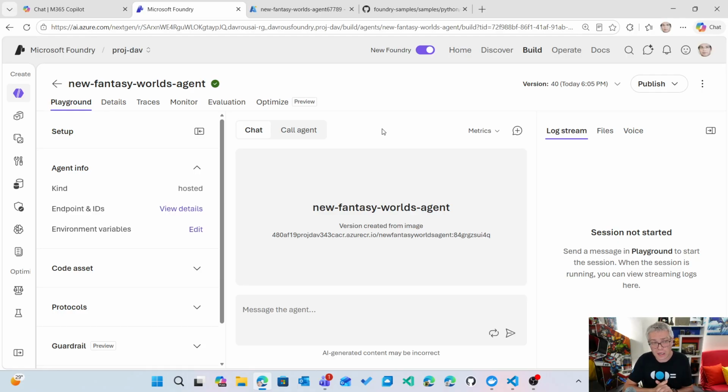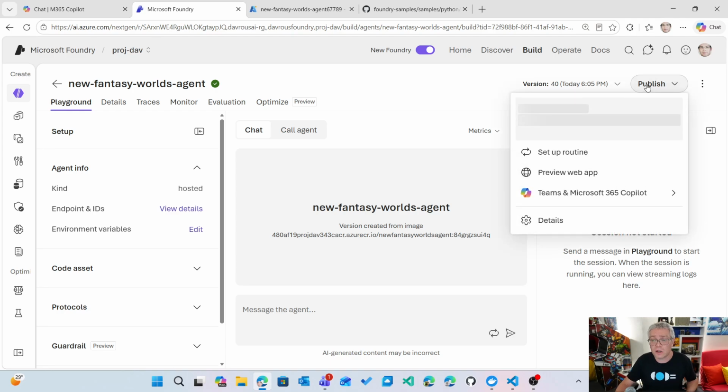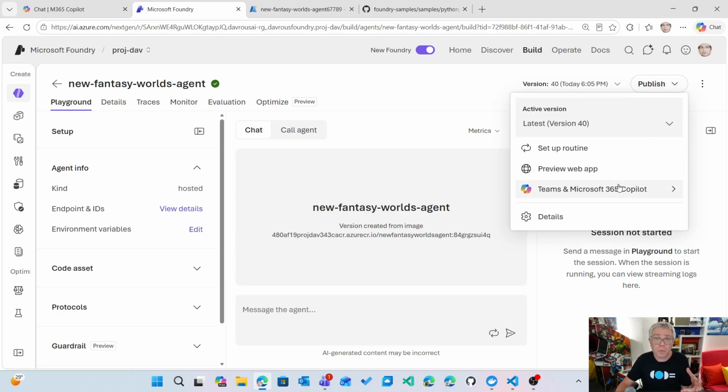So I'm currently inside the Foundry portal in front of my agent. This agent is using Blender to build 3D worlds. And it's already exposed in Teams and Microsoft 365 using the Publish button. So if you click on this button, you can then export your hosted agent to those two clients on the